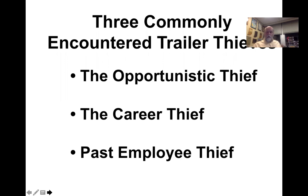Now, the career thief, that's the criminal, that's the pro, that's the professional, and these men and women will actually stake your place out to decide what you have, when you come and go, and then lastly, what they're stealing, they've already got sold. They know they have customers that will buy these particular items, so they are more selective